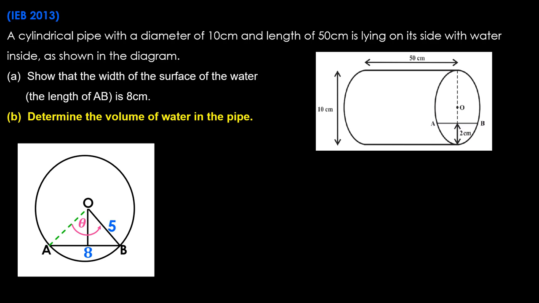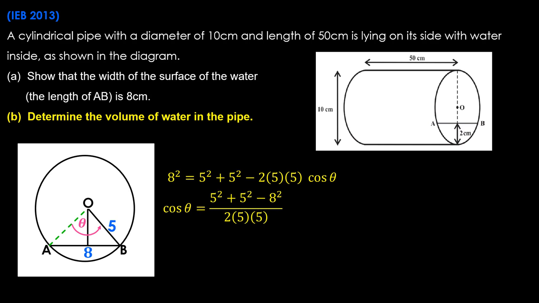So again, we can use the cos rule to work out angle theta. And the side opposite the angle I want must stand alone on the left-hand side. So we end up with cos theta is 5 squared plus 5 squared minus 8 squared over 2 times 5 times 5. And using cos minus 1, we can end up with an angle of